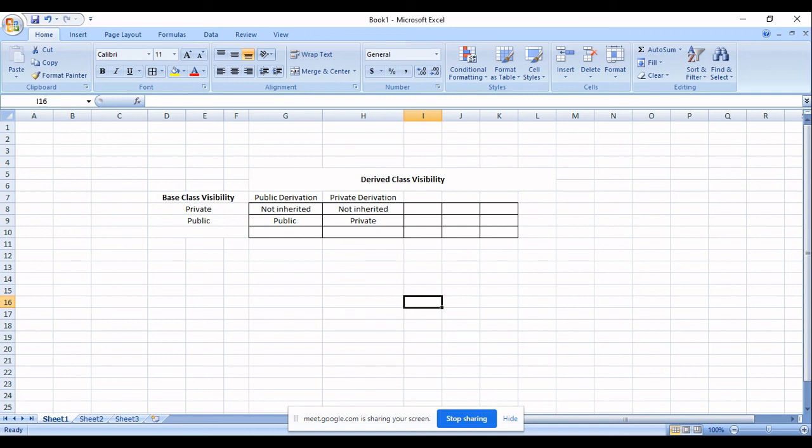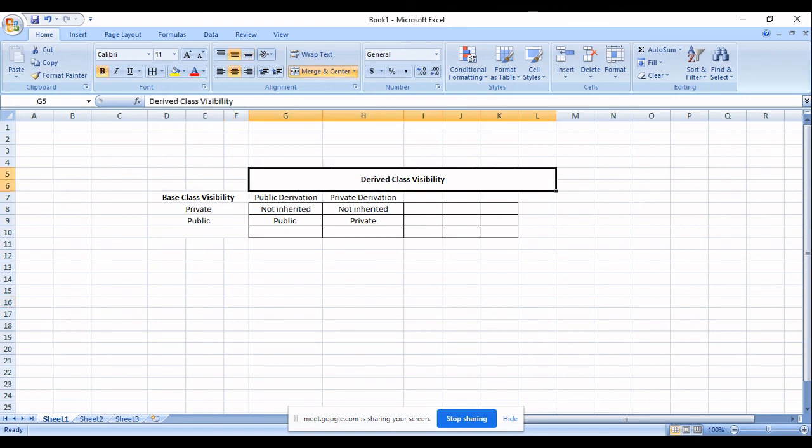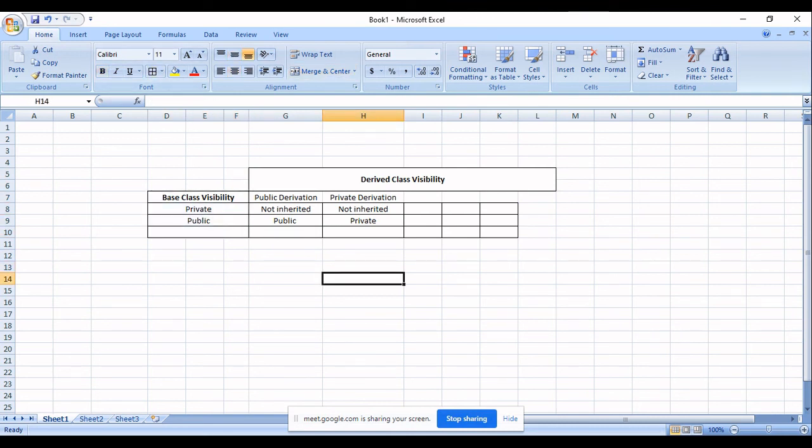So in your notes you can form such a table, leave some space for the further keyword and note these values down. It is not yet complete. We will complete it in the next class.